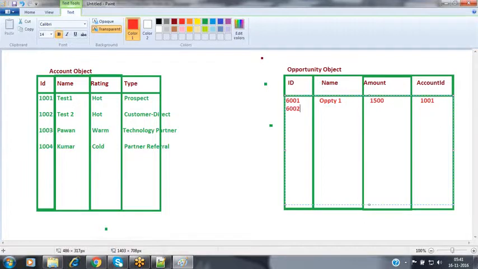Now 6002, one more opportunity record, with the name opportunity 2.